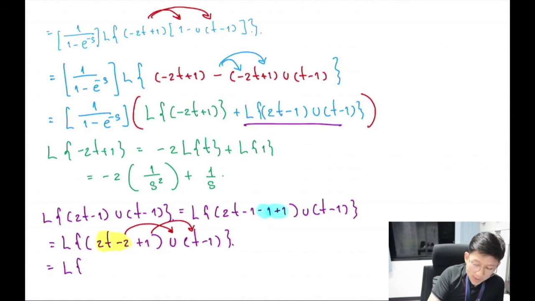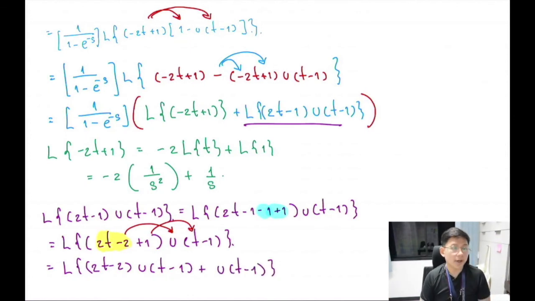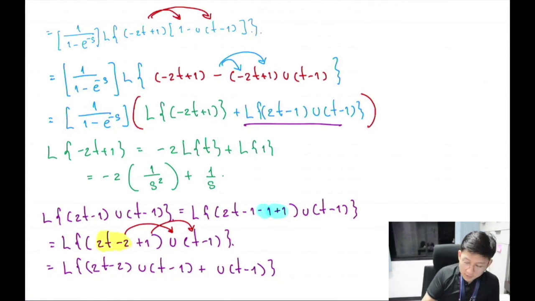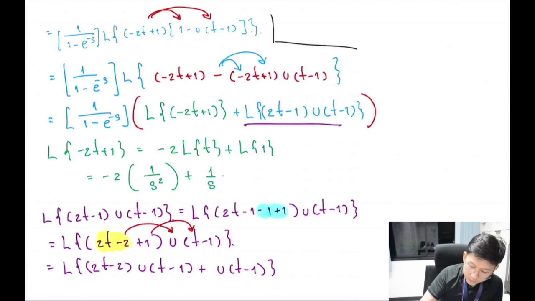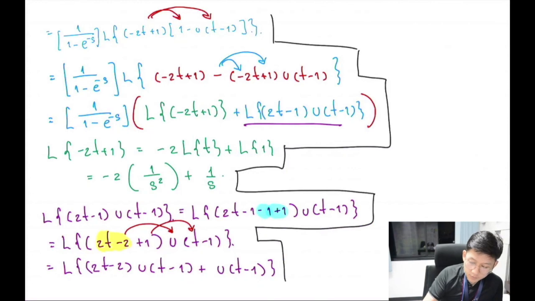So I have 2t minus 2 u(t minus 1) plus u(t minus 1), and that is Laplace transform of 2t plus 1